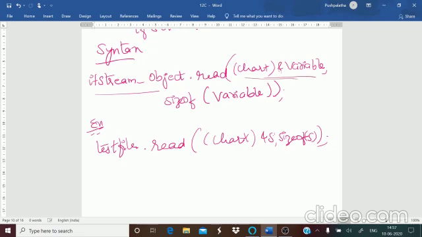So the ifstream object is the input stream for reading the data, and again the read function takes two arguments. The char pointer is a pointer to character and represents the address of the memory variable from where data is to be read. And sizeof variable calculates the total number of bytes that is to be read. And this is about the operations on data files. With this we end the chapter on data file handling.